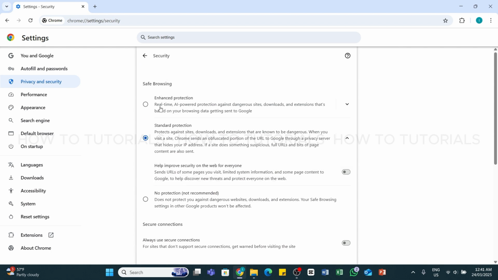And now here, you'll be able to see the Enhanced Protection option, which if enabled, prevents you from dangerous sites, downloads and extensions based on browsing data getting sent to Google. In order to enable this option, you will need to simply select the circle at the right side of it